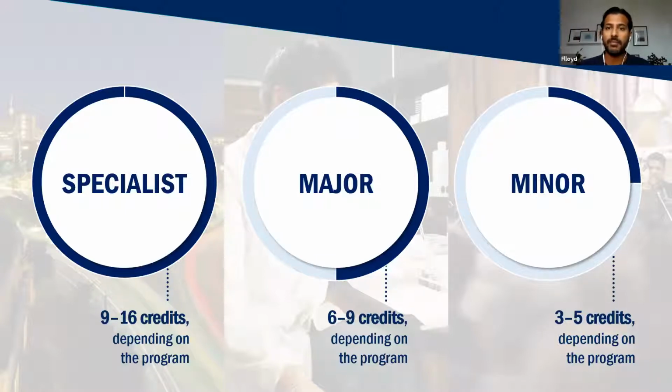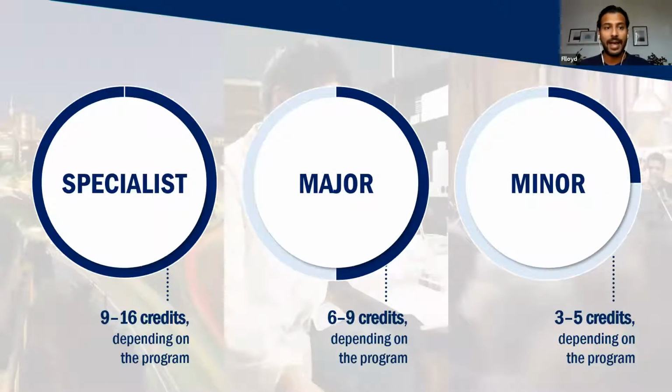Now, if you decide, you know what, I like multiple things, I'd like to do history and biology, which you can absolutely do at U of T. You could do about a third of your degree in history, another third of your degree in biology, and a little bit left over again for your electives. Now you'll notice I said 2/3 for a specialist and a third and a third. Again, it is 2/3. So it's the same amount of work, you're just splitting it over two different areas of study.